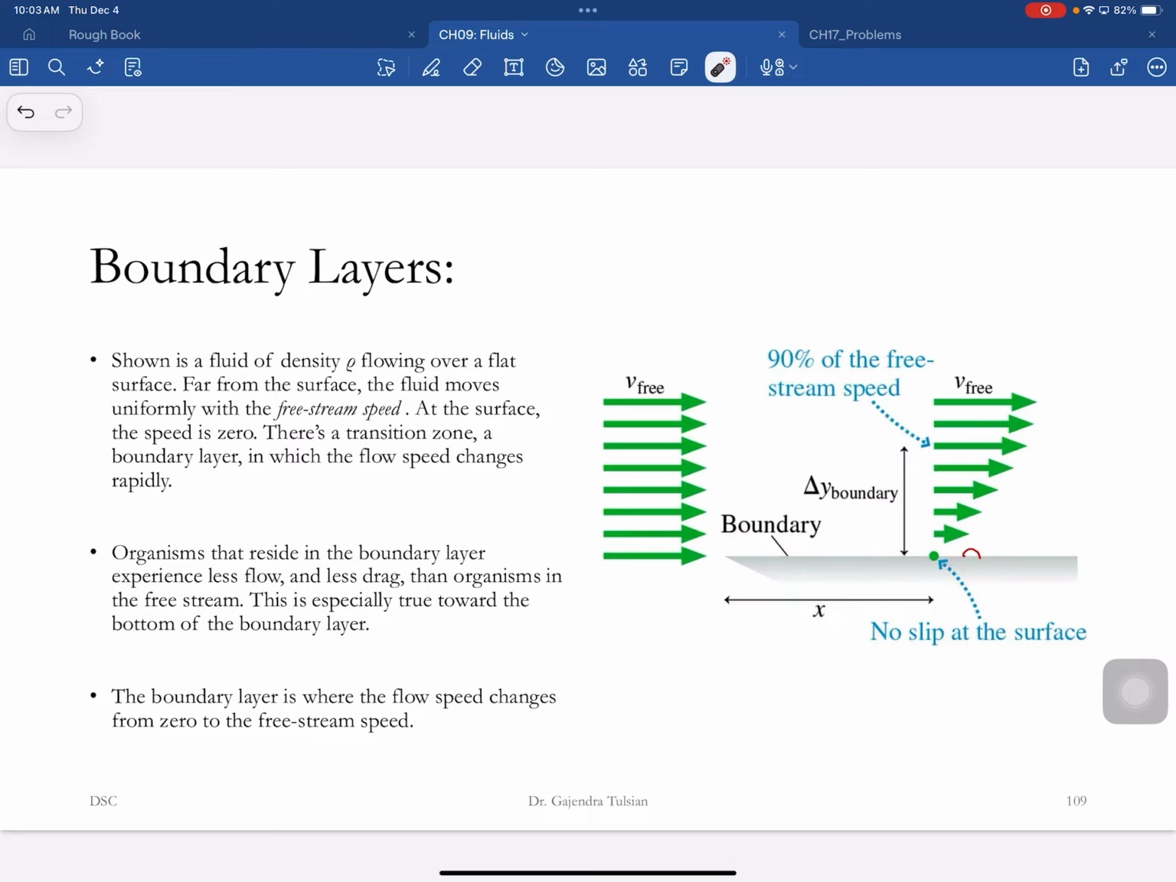Is it, okay, so that boundary layer closest to a surface,